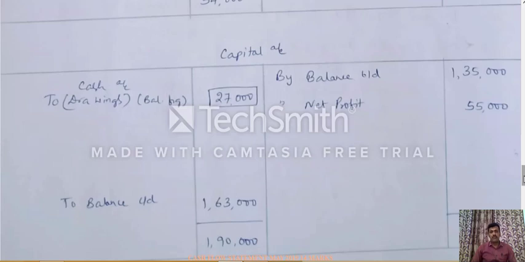When do we transfer from capital account to cash account? When the drawings are made by the proprietor. So here the proprietor is drawing 27,000 from the business. That's why cash is going out of the business. So cash will go out of the business only when the proprietor withdraws money for his personal use. So here that amount should be treated as drawings and the same should be adjusted in the cash flow statement.